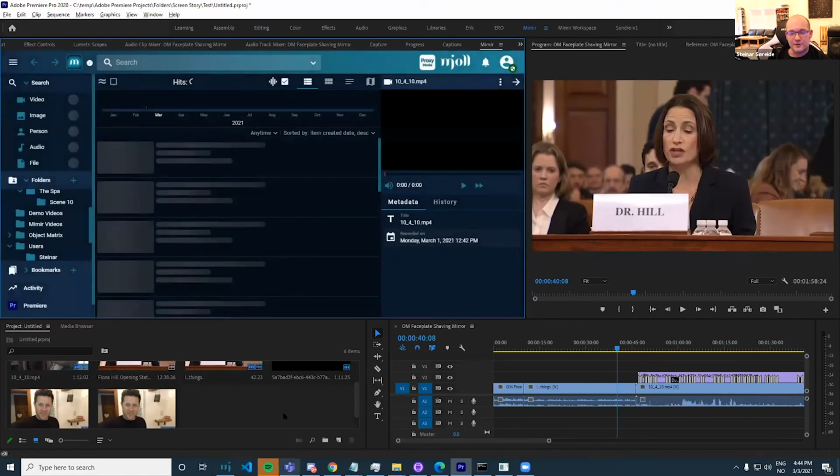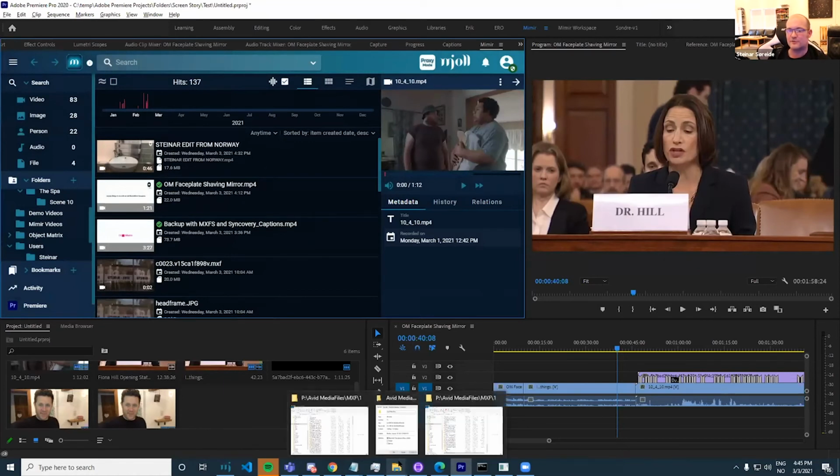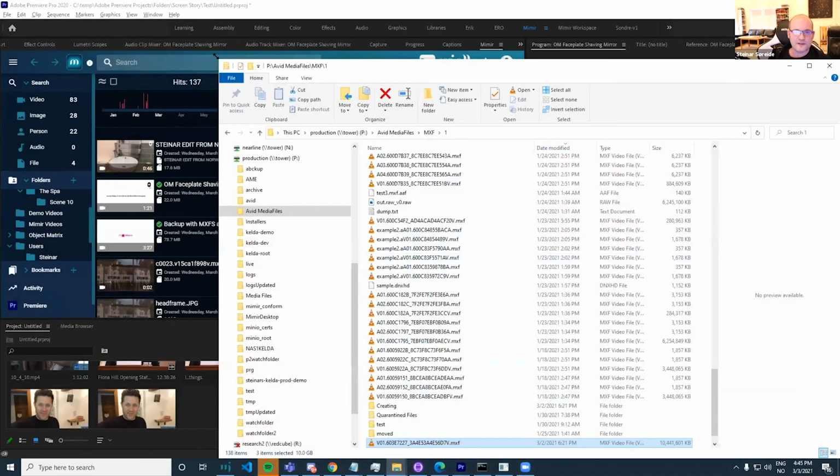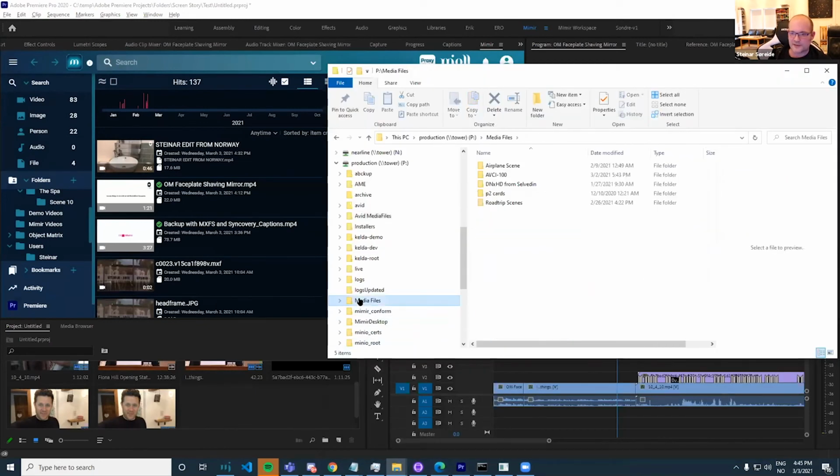I can also show you that I can add local content. So if I have a memory card on my machine, I'm a journalist, I've been out shooting, and I come to either my remote location office or my work desk, I can then go to my local files and pick something. I can actually drag in a complete P2 card into Mimir, and it will process it and even stitch it so that you don't end up with all these